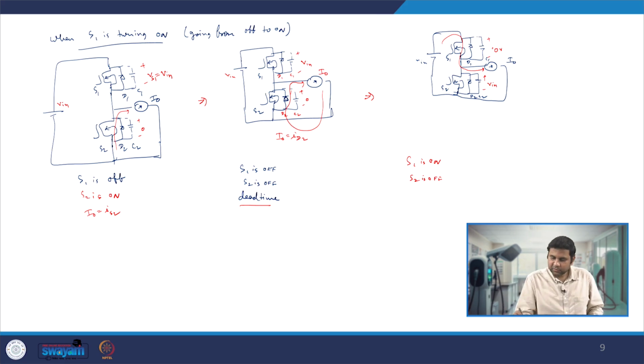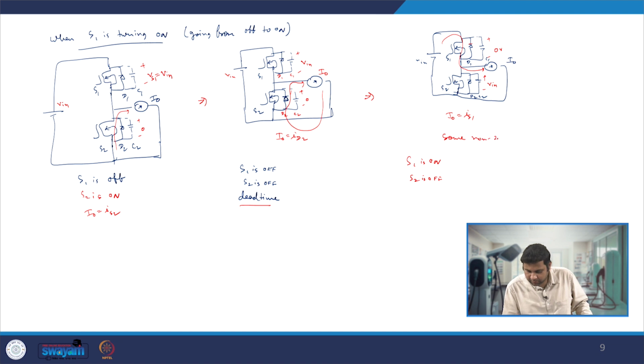The extra charge that was in C1 also gets discharged through this channel, and that's when we have a good amount of losses. Here I naught is equal to IS1, and